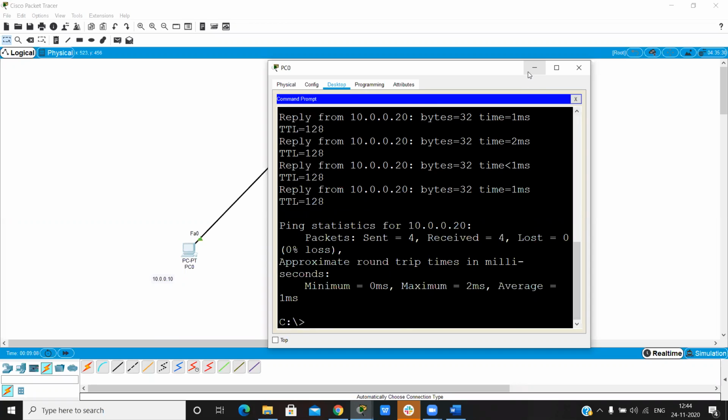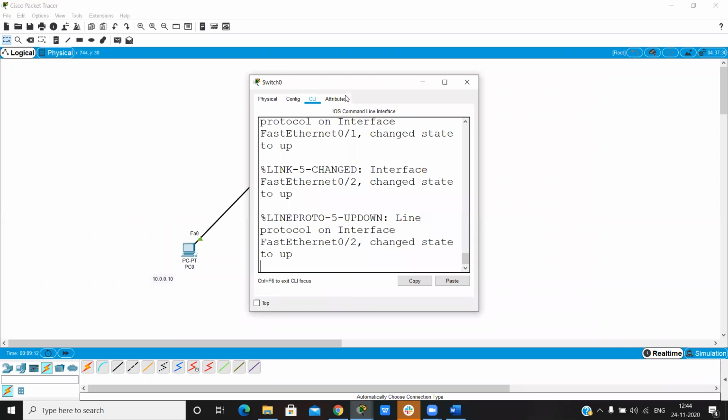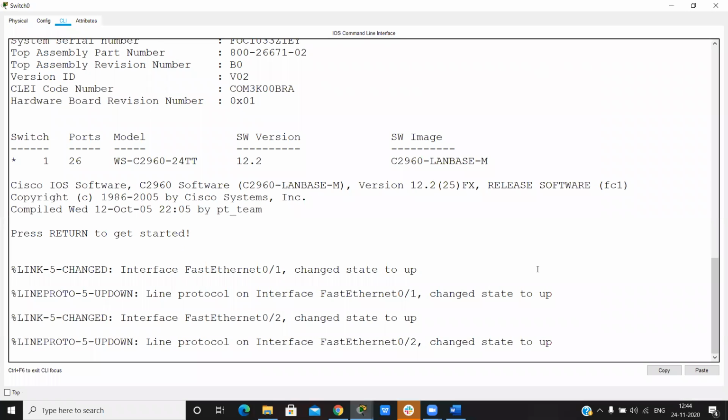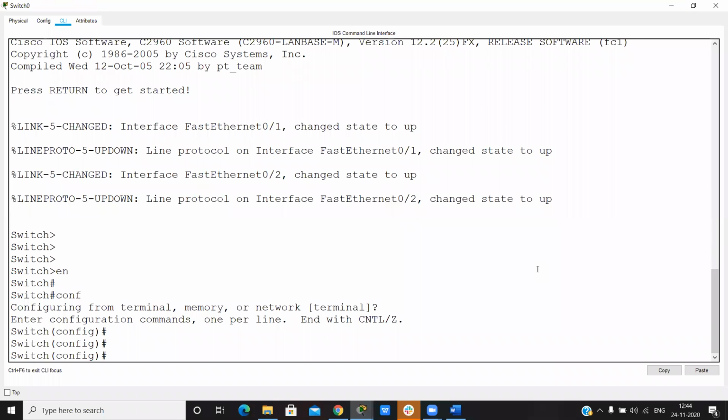So firstly, we go on the switch port and enable port security. Interface F0/1. If you want to configure all the ports, then we can use the range command also.